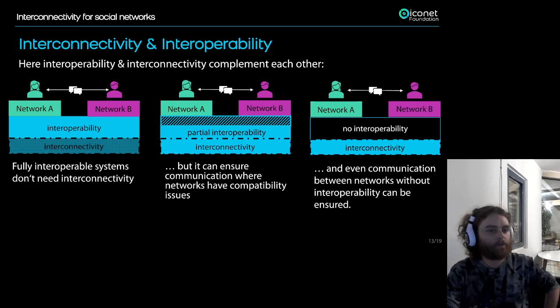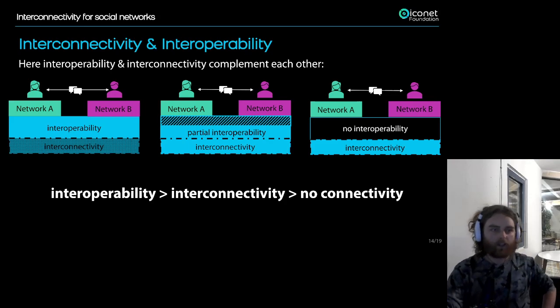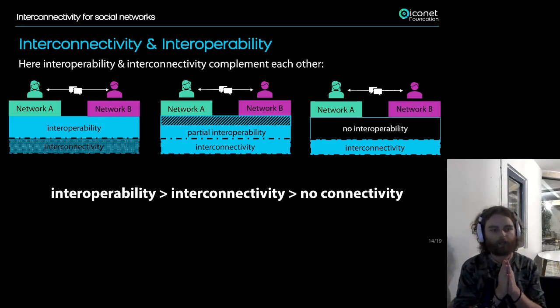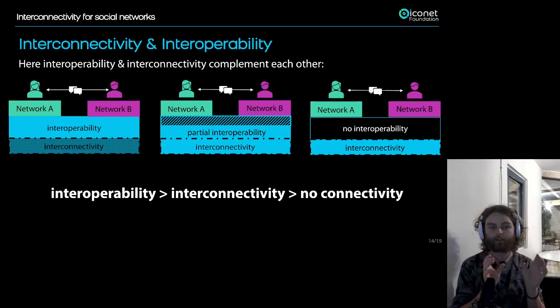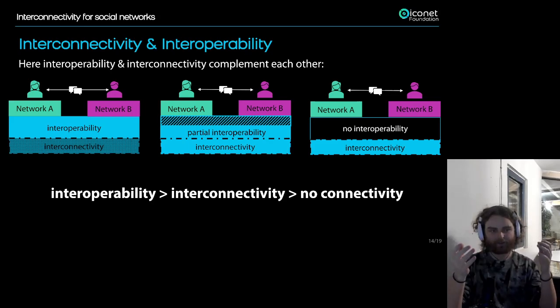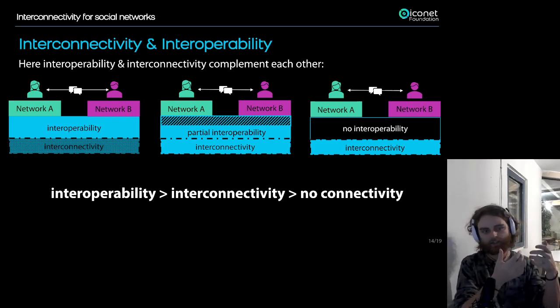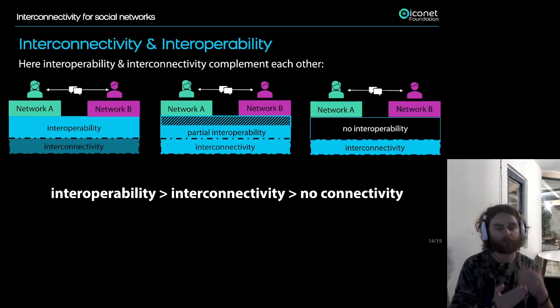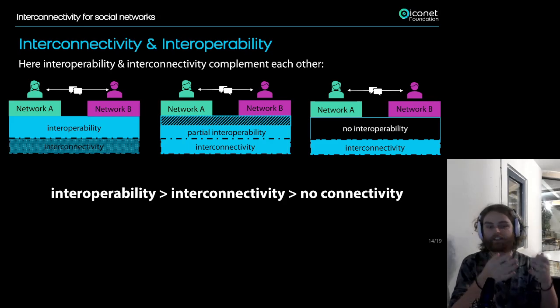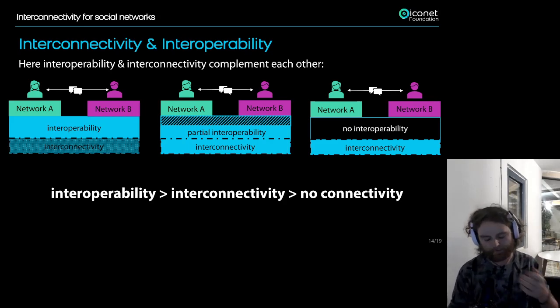This is the goal. And to make this clear again, interoperability is better than just interconnectivity. If the different systems actually meaningfully interact, that gives more features, more security, and more redundancy, so that systems don't get lost.